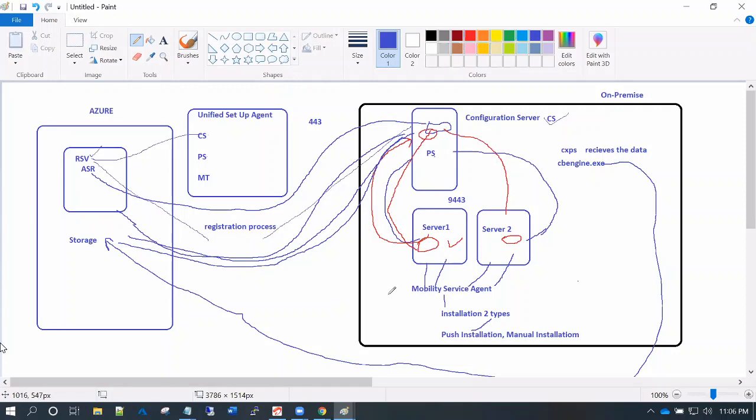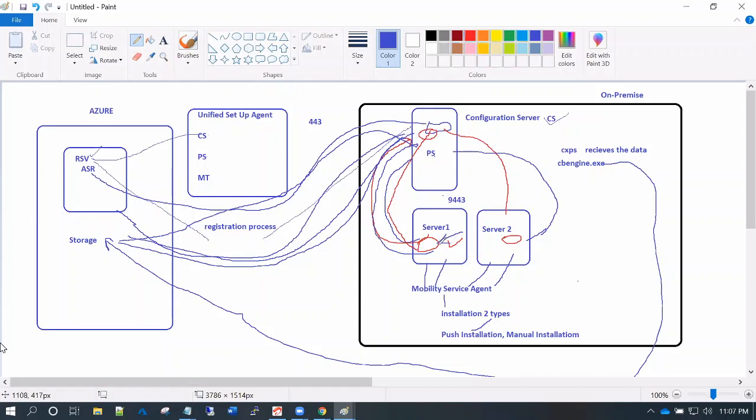When I say disk level replication, when you first configure the replication for your virtual machine, whatever data exists in the disk will be transferred to the Azure storage account with the help of the process server or configuration server. While the data is being replicated to Azure, changes might happen, data churn might happen on the server.